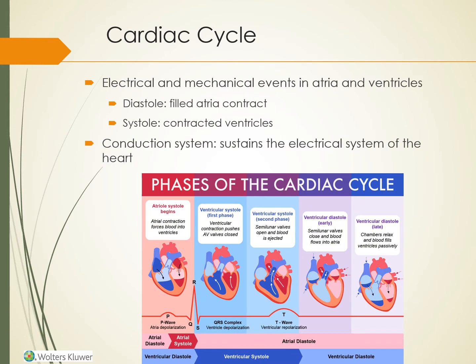Cardiac cycle. The term cardiac cycle refers to the sequence of electrical and mechanical events in the atria and ventricles that result in a heartbeat. First, the atria fill and then contract simultaneously to fill the resting, relaxed ventricles. This is called diastole, with blood. When the pressure from accumulating blood increases in the ventricles, they contract, which is systole, and after a brief pause,